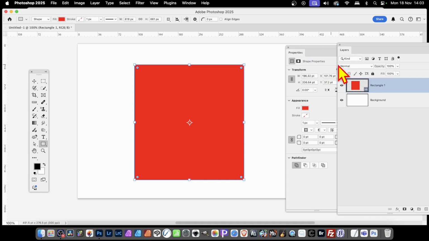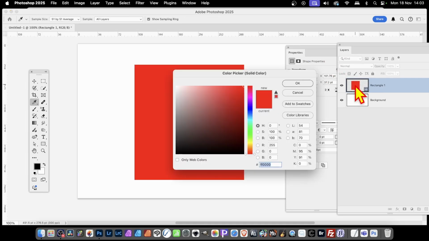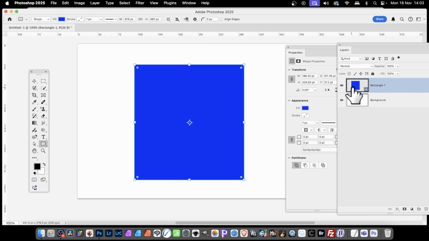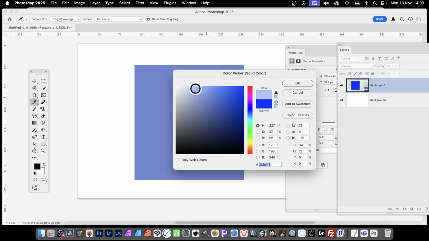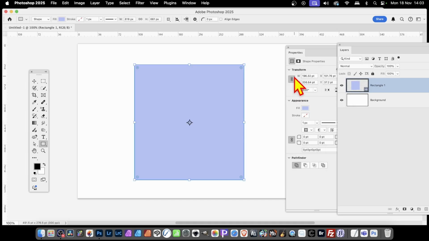Once you've done that, you can then simply double click and it will bring up a colour picker so you can change the colour. So just go over here, just here, double click and then change the colour and click OK. But if you want to add and change gradients, patterns and all those sort of things, what you can